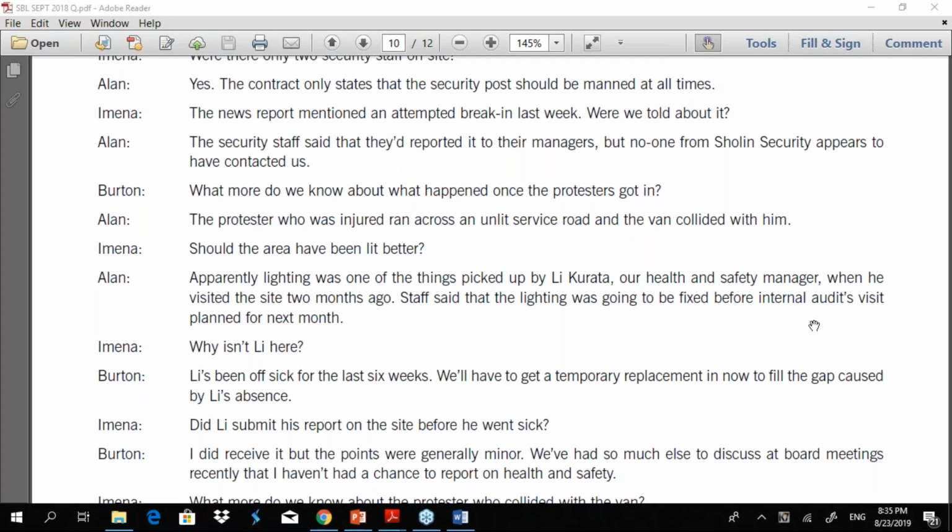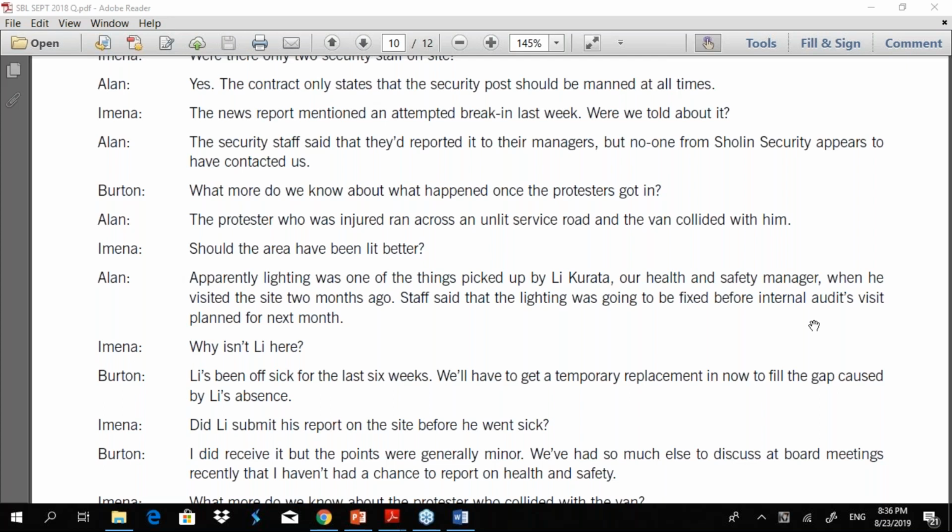Right. Then another point would be attitude towards health and safety. Especially Burton's comments, he is not that worried about security and safety of people who work on the site.